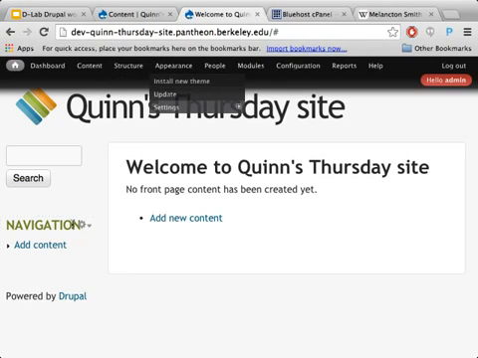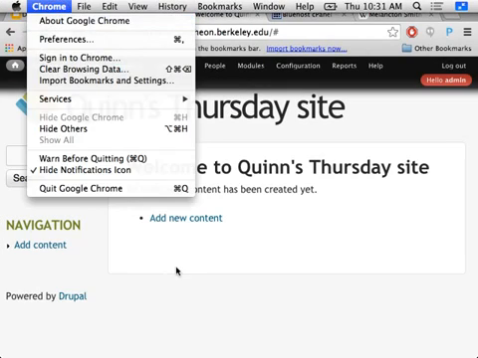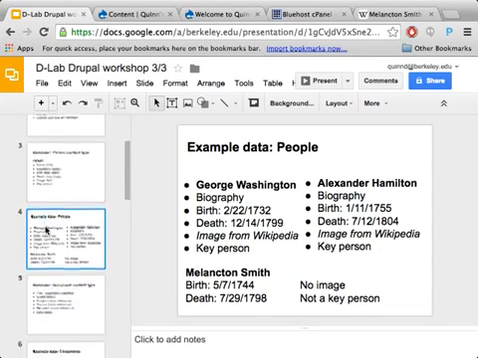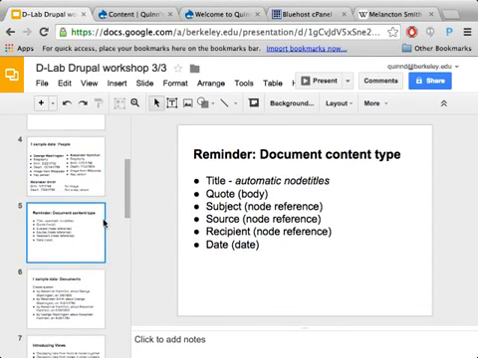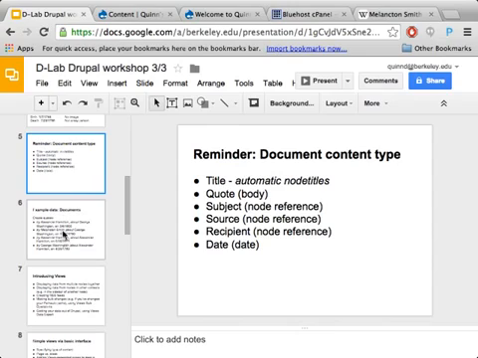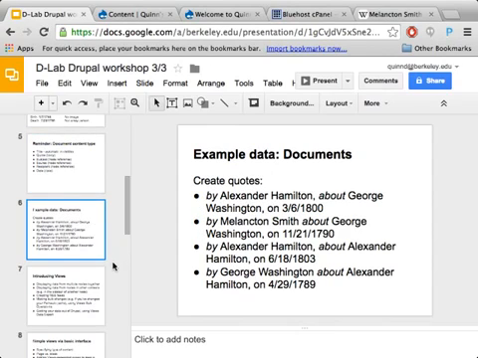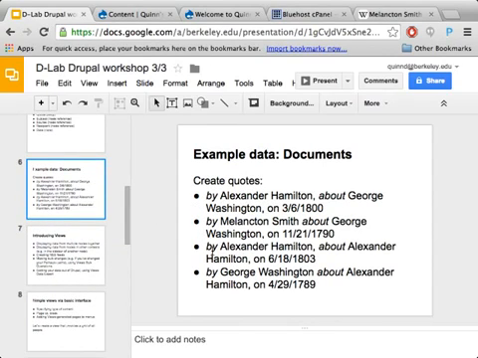All right, so time for more data entry here. As we recall from last time, we also have this quote content type. So we're going to add some quotes as listed there on the whiteboard, and then Corolla, which is